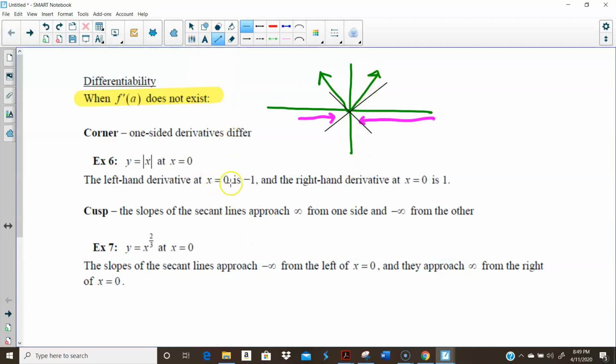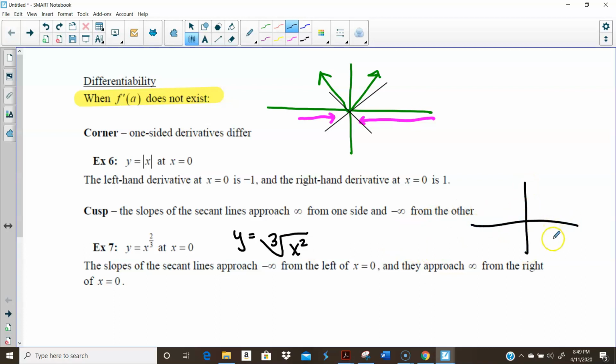Example number 7, y equals x raised to the 2/3. I just want to remind you that that's the same thing as y equals the cubed root of x squared. If you were to graph it on your calculator, it looks something like this